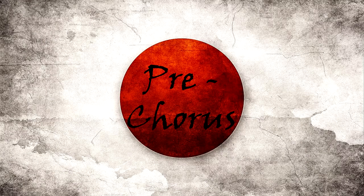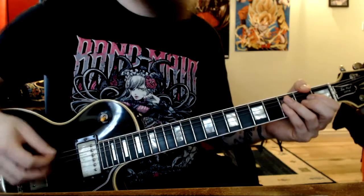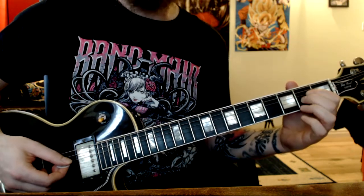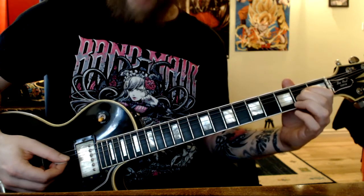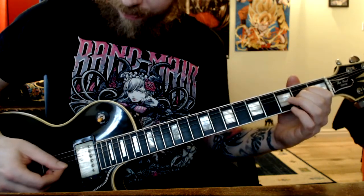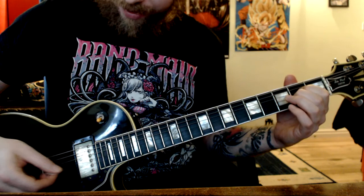Middle 8. Okay, now we've got this middle part here, which we just dropped the gain down a little bit. So we've got two chord shapes here. The first one is 2nd fret D string, 2nd fret G string. Okay, and the pattern is just straight down, 1, 2, 3, back to the G,